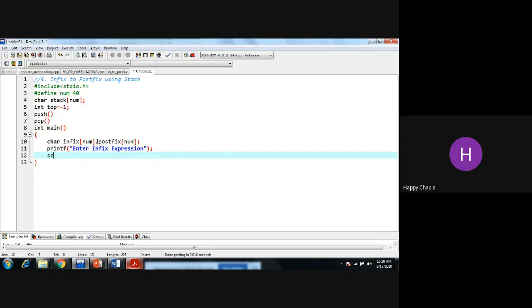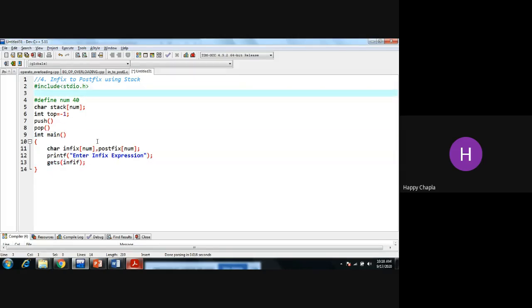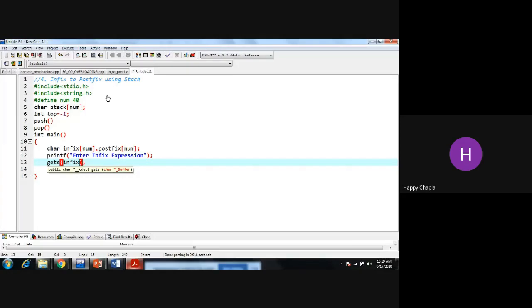Instead of scanf I'm using gets because I'm dealing with a string. So gets, I'm taking the input, so I'm writing the infix array. And yes, hash include h. And I am making one more function.